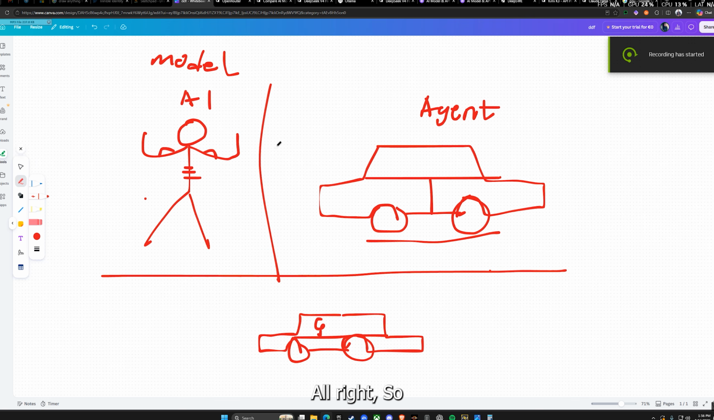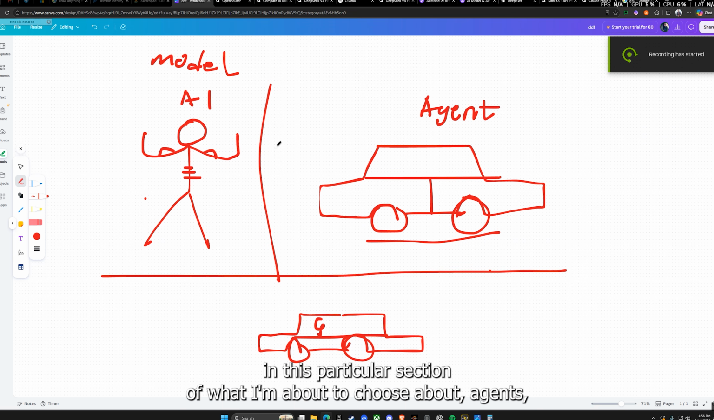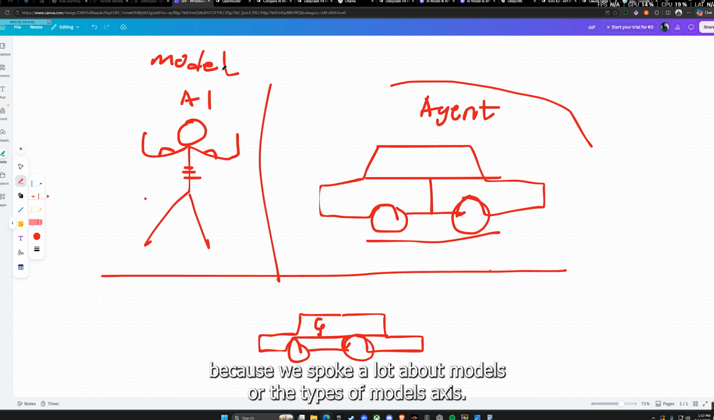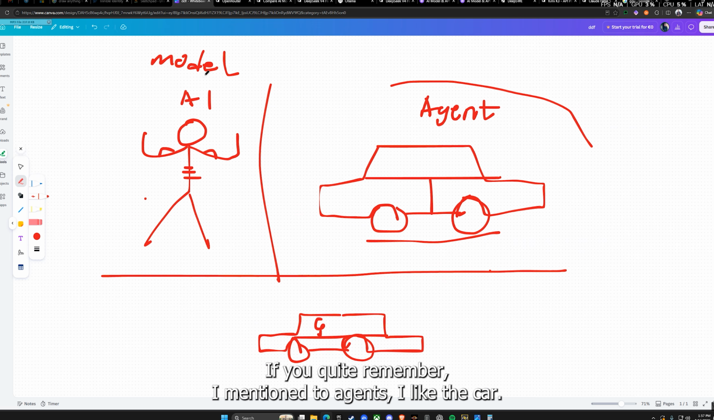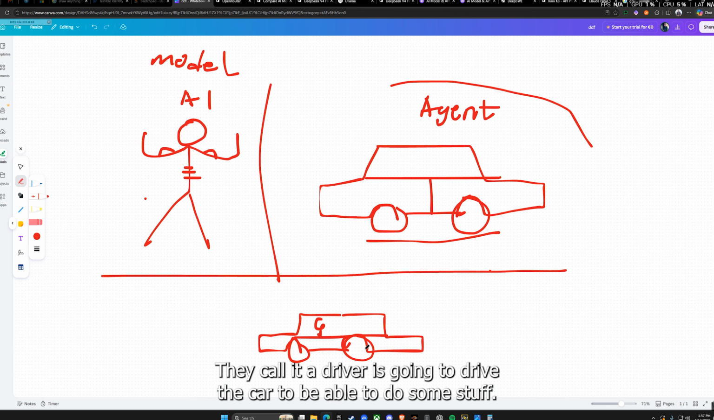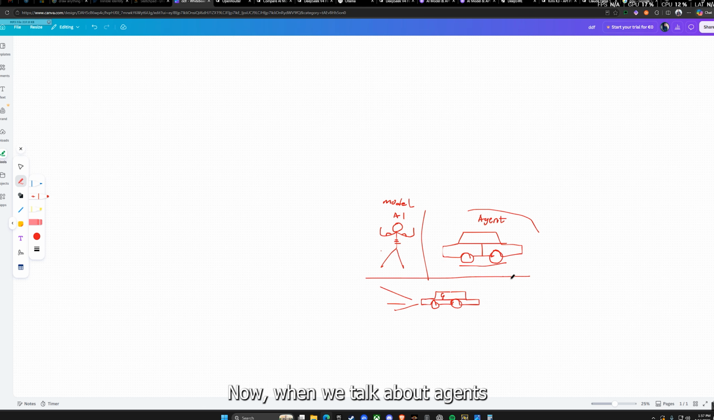All right, so this particular section of what I'm about to teach you is about agents, because we spoke a lot about models, all the types of models that exist, and now I'm about to teach you agents. If you remember, I mentioned that agents are like the car. So if you want to win a race, you need to put a driver in the car, and the driver is going to drive the car to be able to do some stuff. Now, when we talk about agents,